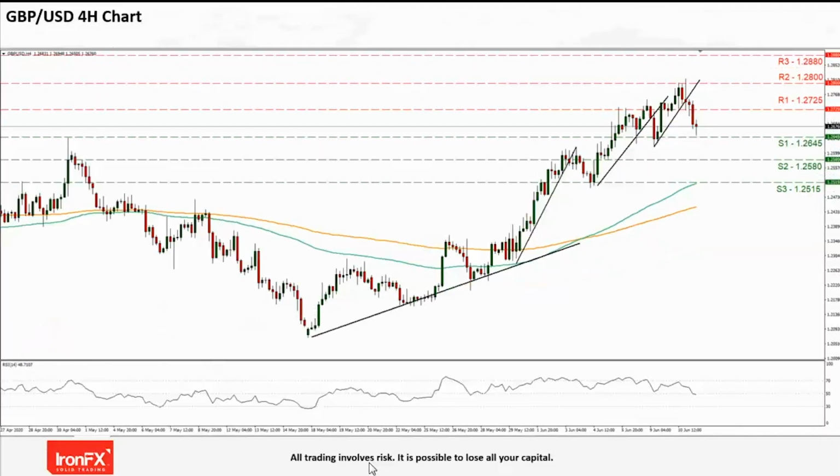Moving now to cable's chart. Besides the US fundamentals, cable could also be influenced by any developments on Brexit, the UK financial data due out tomorrow, as well as any announcements from the BoE. It should be noted that BoE Governor Bailey's comments yesterday, that the COVID-19 recession will be different to others, and that green shoots have begun to appear in the economy now that the worst of the lockdown has passed, seem to have had no effect. Also, the political instability in the UK may weigh on the pound.